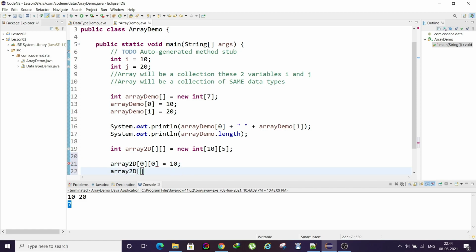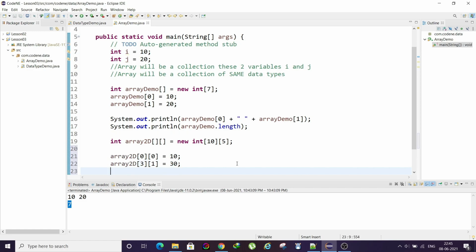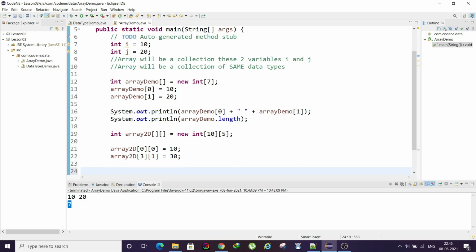Similarly, if we want to assign a value to the third row and second column, then we can assign like this. Okay, this is how a two-dimensional array works. Likewise, an array can be of multiple dimensions. Okay, so these are the ways you can declare an array and assign values to an array in Java.